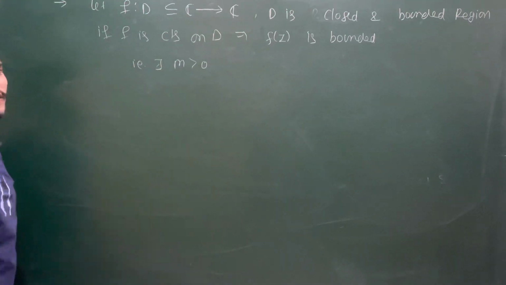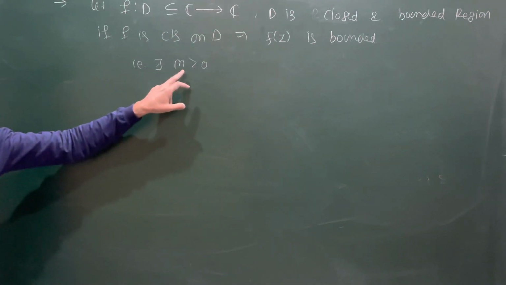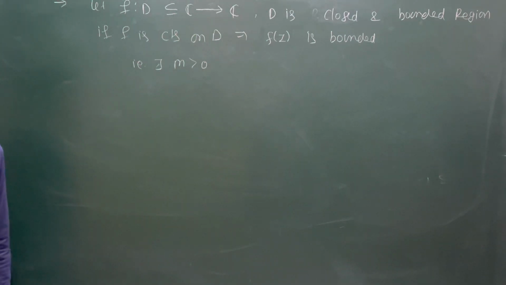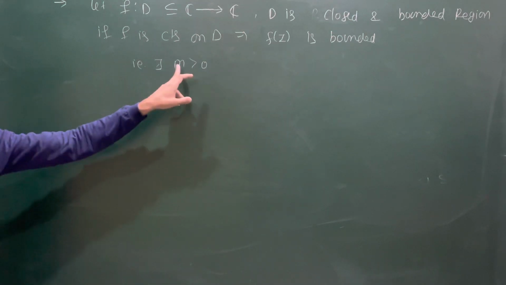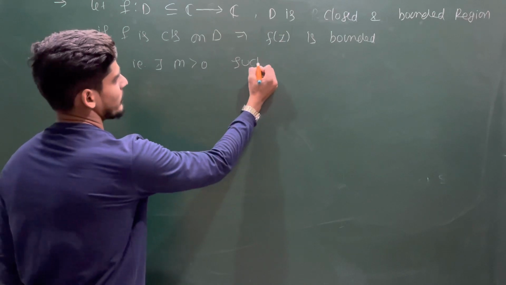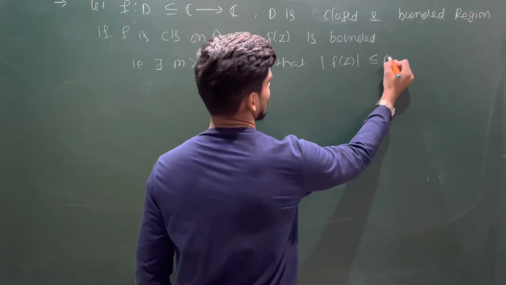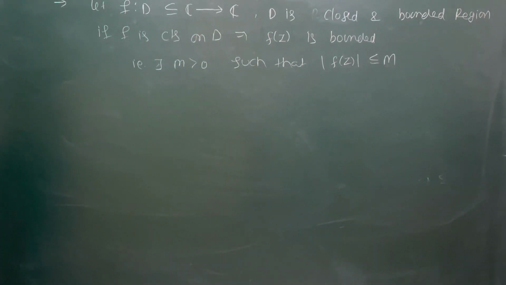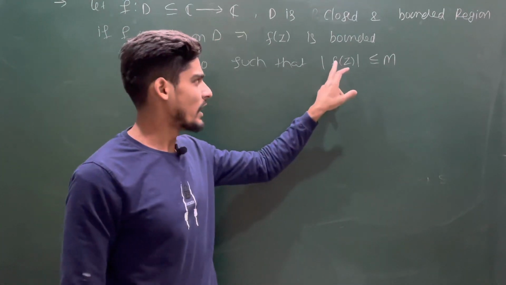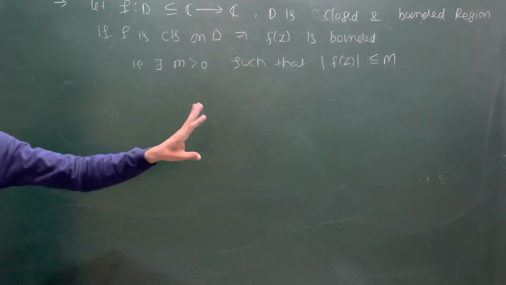M. When I am writing positive, you should think that this is only a real number, because I cannot talk about a positive number on the complex plane. I do not know which number is bigger than 0 or lesser than 0. So it is meaningful that M is a real number, such that mod f(z) is less than or equal to M. And also, can I say there is at least one point where mod f(z) takes the value M? Can I say this? Okay, let us observe first.